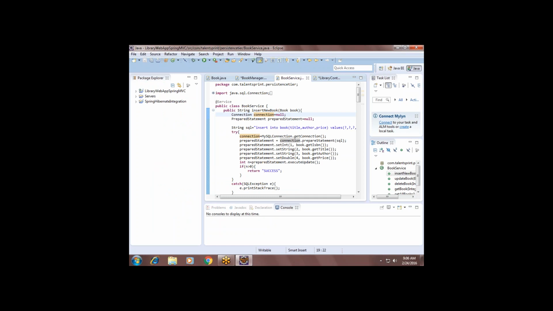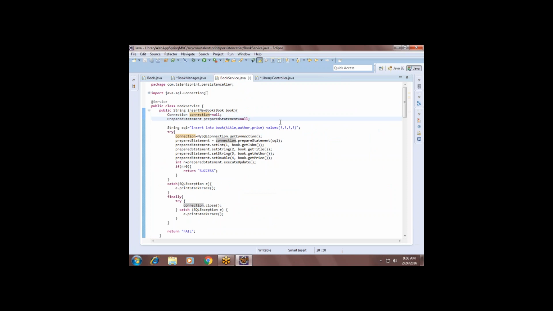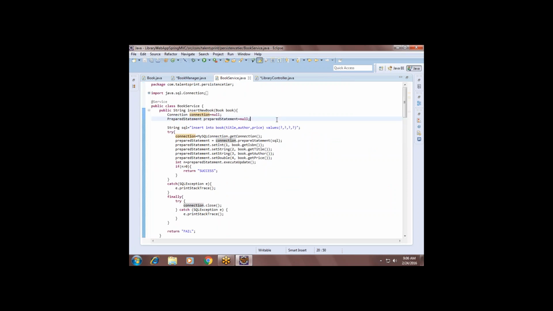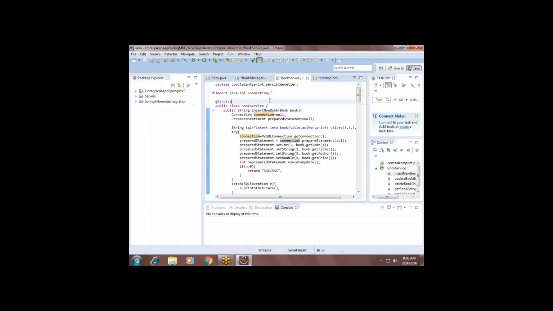And now what your job is: I will send this application and both applications, the Spring Hibernate integration and this one, and you just apply Hibernate code inside this service. Remove the JDBC code and add the Hibernate code. Will you do it? Yeah. Remove the JDBC code and try to add Hibernate code. Try to implement Hibernate code. That is your task.